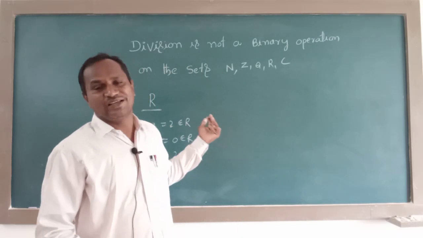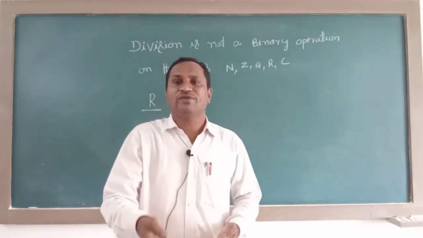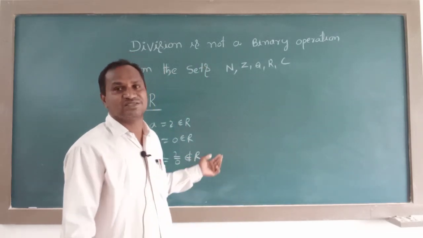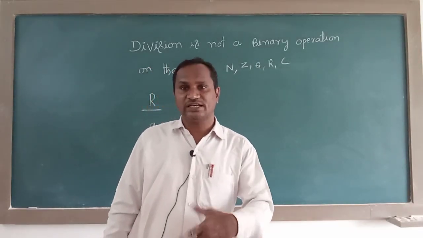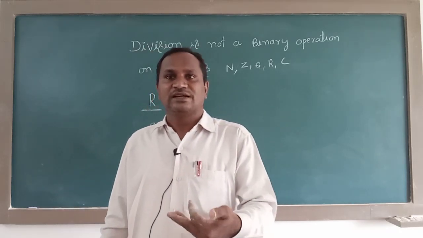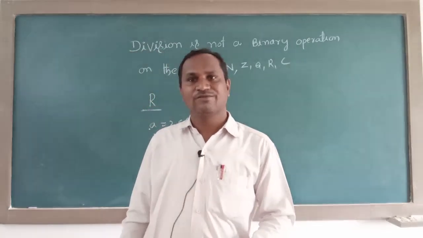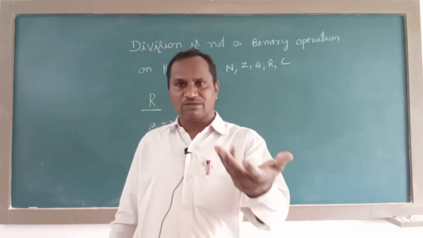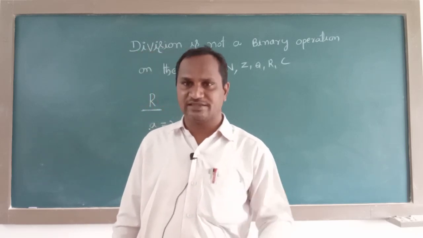Of course, these rules are satisfied for 2 by 3, 4 by 5, 7 by 3, some finite value by finite value. But it should exist for all. In the case of 2, 0, 3, 0, minus 5, 0, we can take 2, 0, we can take 3, 0, we can take 10, 0 also, because the definition holds for all a, b belongs to capital S. For all a, b belongs to capital S, a star b belongs to capital S, where star may be division or multiplication or addition or subtraction. It may be anything there.